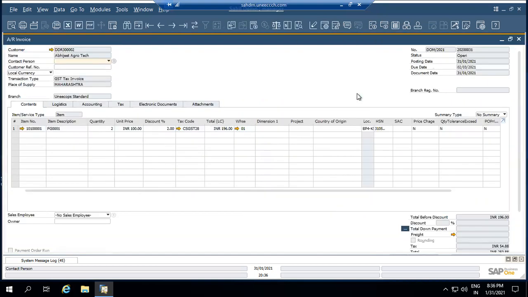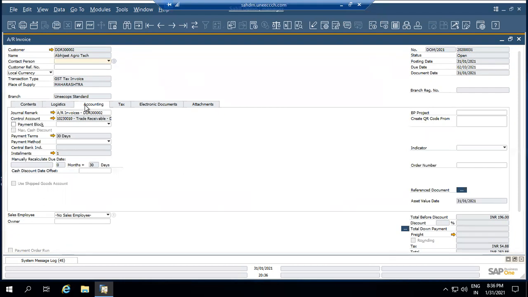Now, once I book the sales invoice, it will also capture data into my GSTR1. So system is creating the GSTR1 automatically. And again, as system is integrated with the finance module, you can see here that financial entries are booked automatically here.